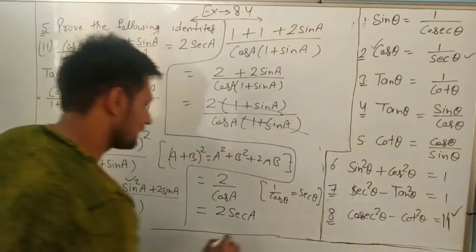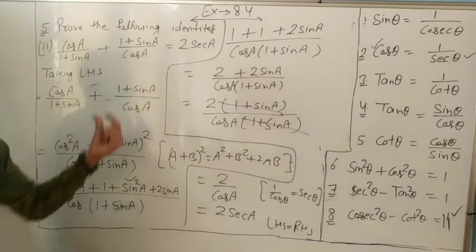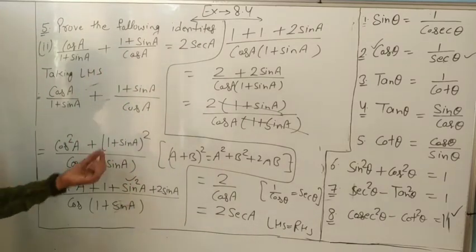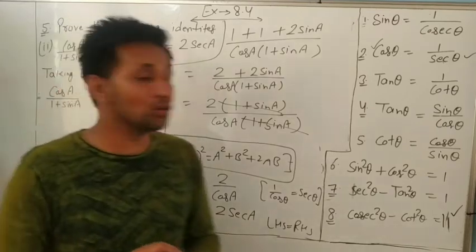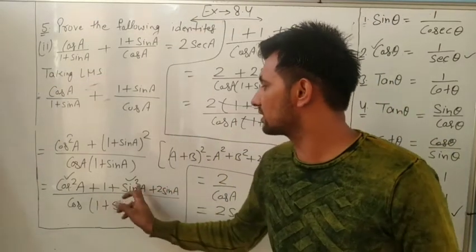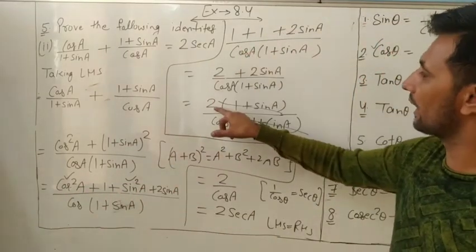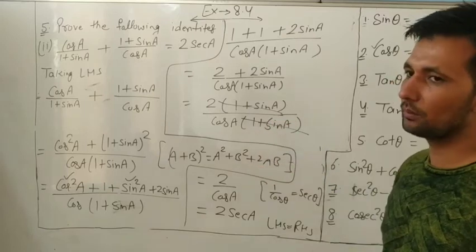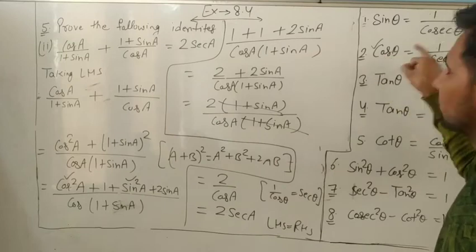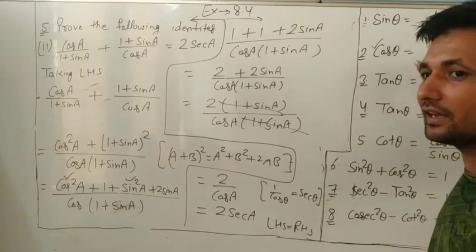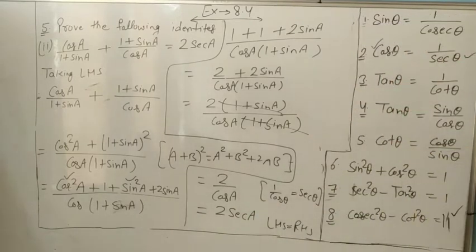So left hand side equals RHS. We took the LCM, added them and solved, using the identities to add the terms. Sin square A plus cos square A is 1, 1 plus 1 is 2, and 2 is common since we took the LCM. 1 plus sin A cancels 1 plus sin A, leaving 2 by cos A. So 1 by cos A is sec A. It is your answer. Note it down.